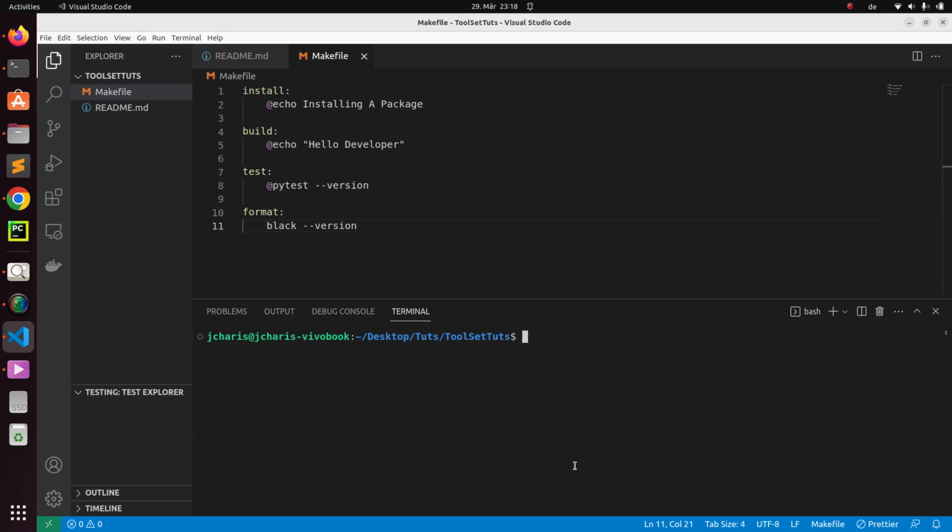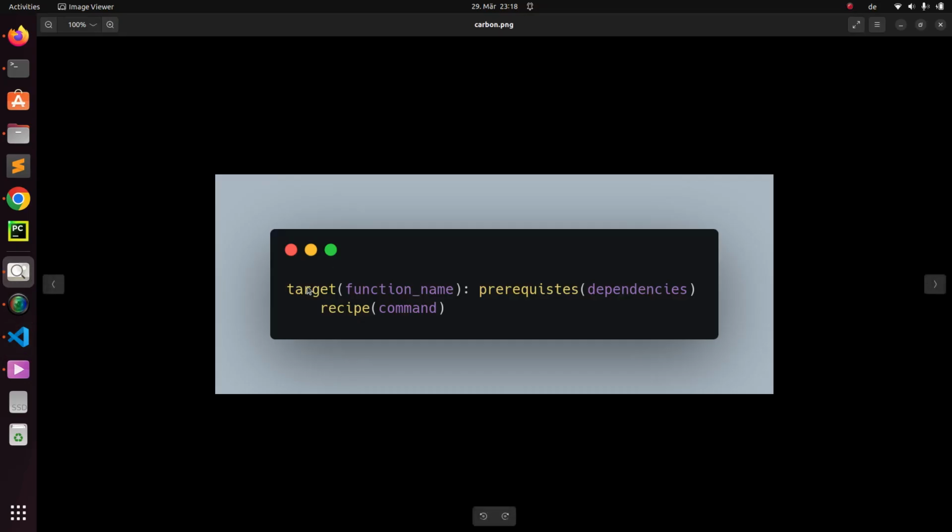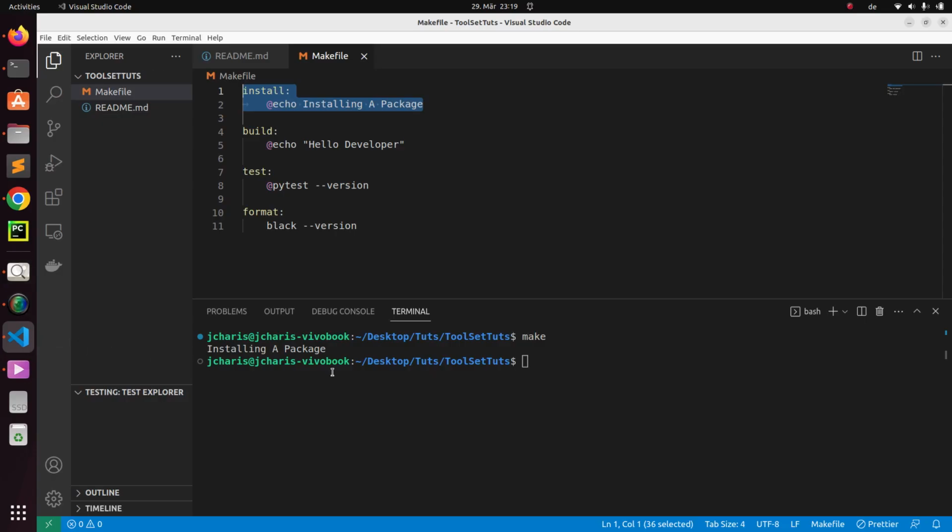If I go back here and I want to run it, if I go with make, the first command is what is going to be executed. The first target is what is going to be executed. So the whole thing here, this entire stuff, the target, the recipe, and the prerequisite is called a rule. So if you run make, it is going to run the first rule, right? The first target, right? In case you don't want that, you want to be specific, then you can just go,